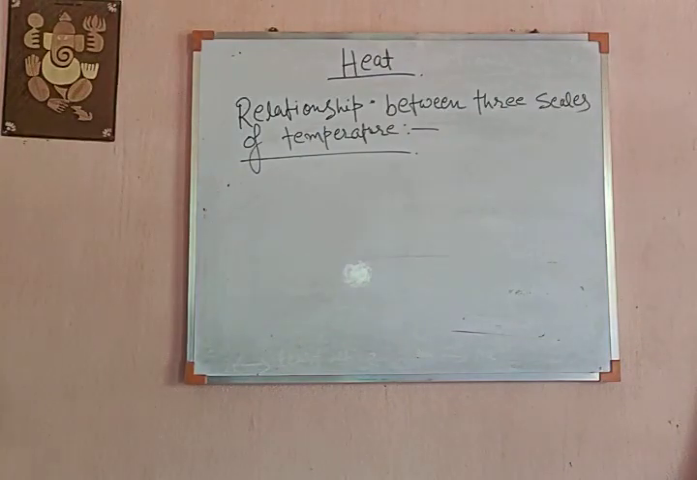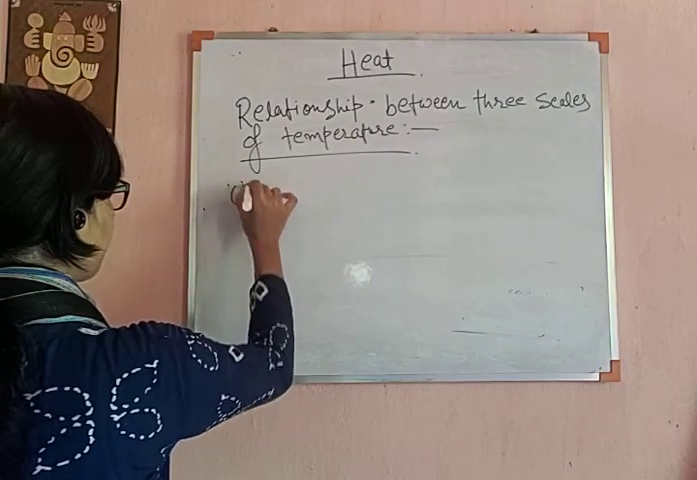So at first we will discuss the relationship between three scales of temperature. You know that there are three scales of temperature. First one is Celsius scale, second one is Kelvin scale and third one is Fahrenheit scale. So the three scales of temperature are